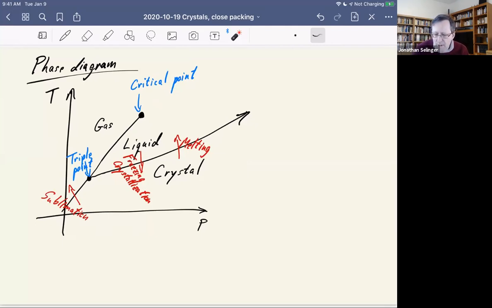Now, we might also ask about the phase diagram in terms of temperature and volume, because we know that can be a little bit different. When you specify volume or density, then there are two-phase coexistence regions. So we can try to figure out how that looks. Let me see if I can do that on the right. I'm going to erase a little bit to make more room.